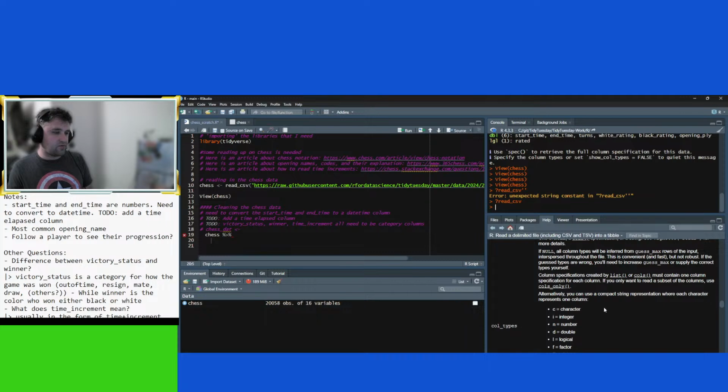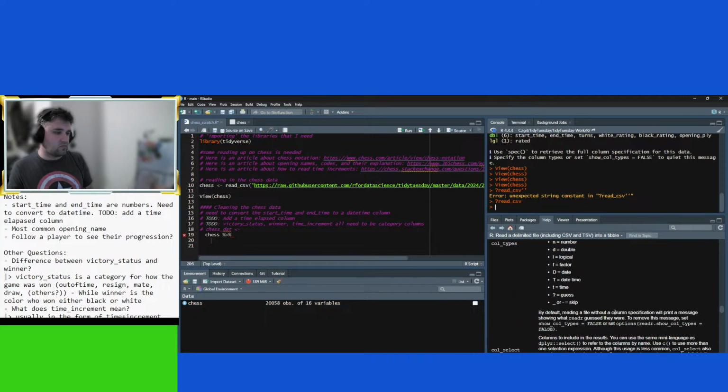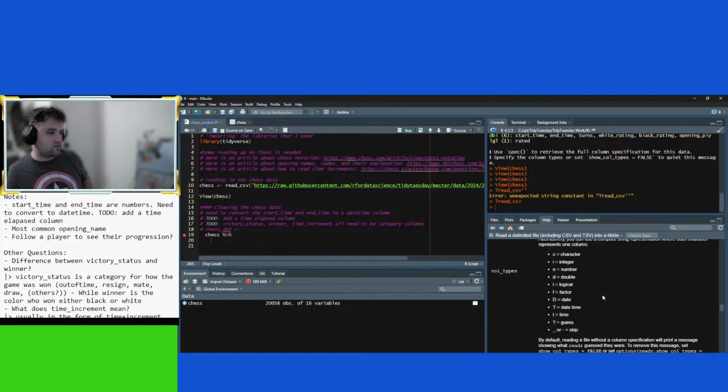Where each character represents one column. Column specification will print a message showing what the reader guesses they were. To remove the message.